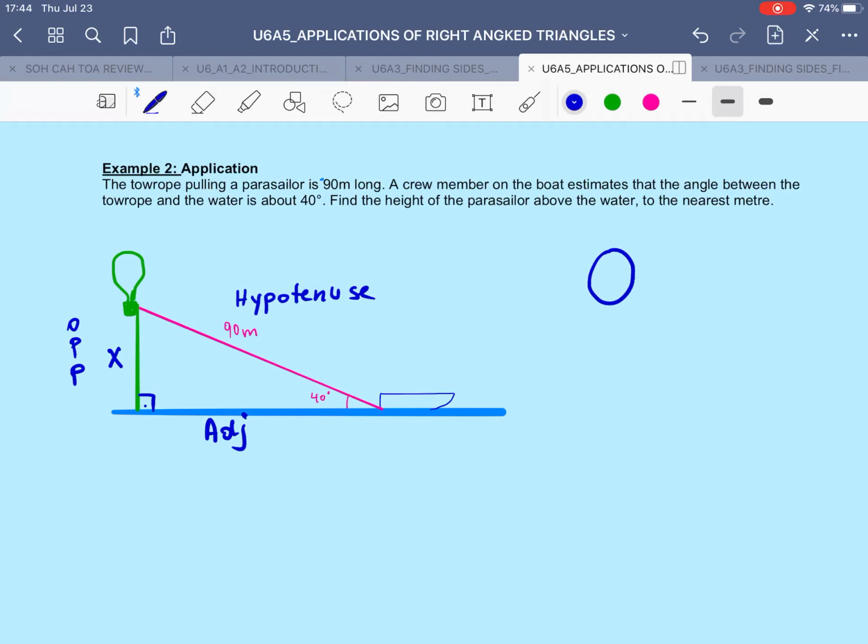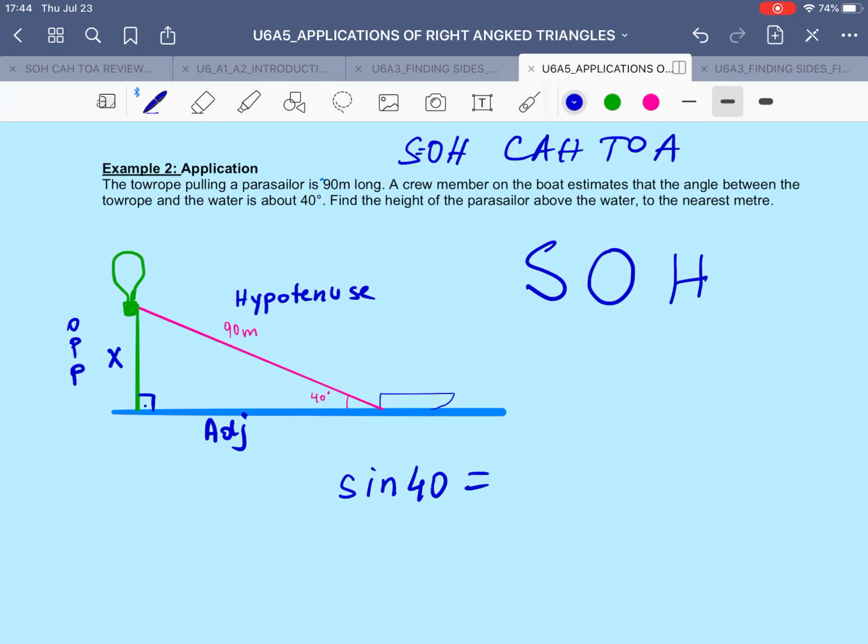So since we're trying to find the opposite and we can only use the hypotenuse because that's the only side given, then we have to take another look at SOHCAHTOA and think, okay, which ratio has O and H sitting next to each other? So that's going to be sine, so we're going to use the sine ratio. And we're going to write that the sine of angle 40 equals the opposite side, which is x, over hypotenuse,